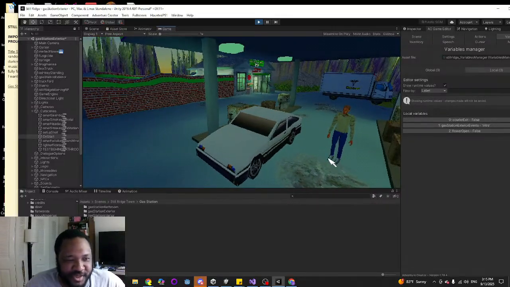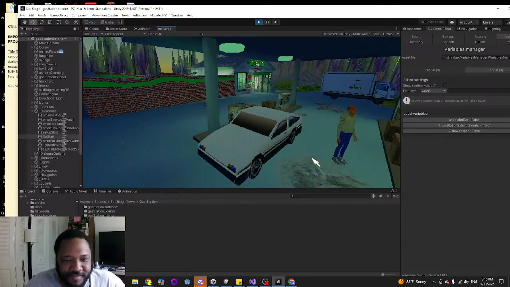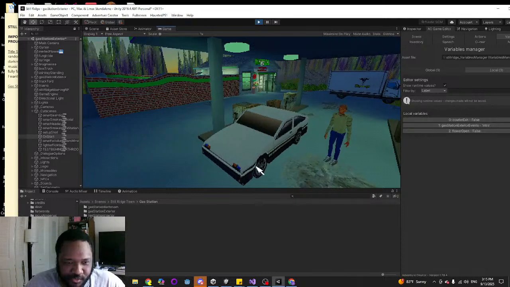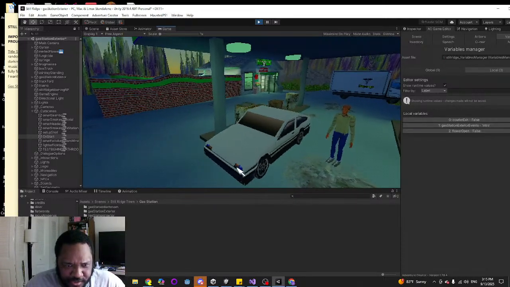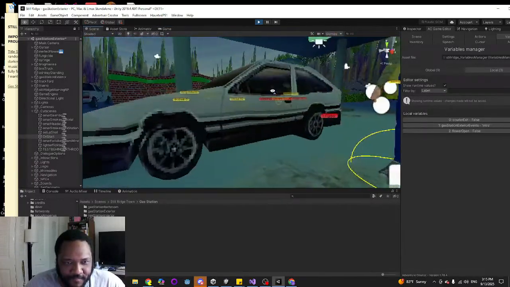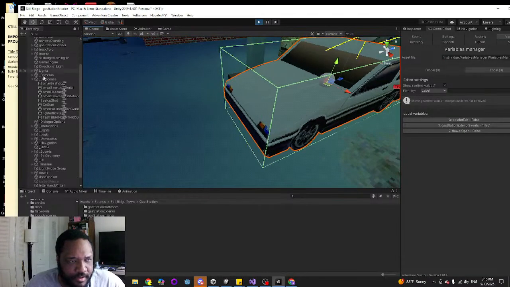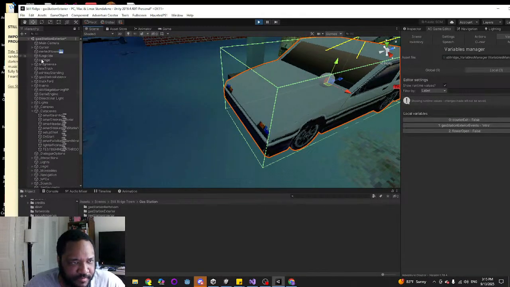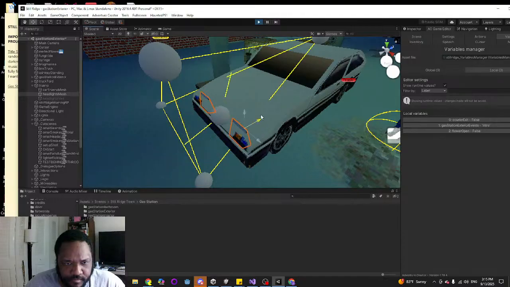I've been splitting my attention. This game is becoming kind of personal, and when it becomes personal, it just gets really slow to work on. So I'm pretty sure the lights are supposed to be reseated. Yeah, what's going on with the car lights here?